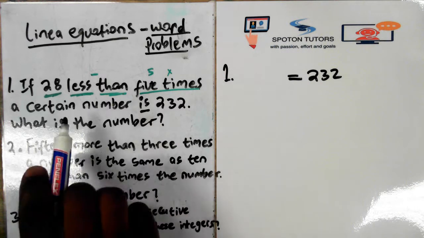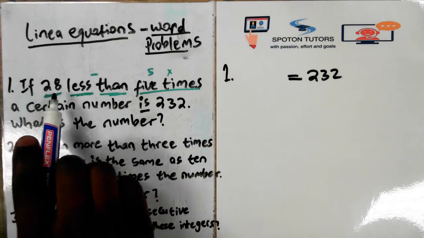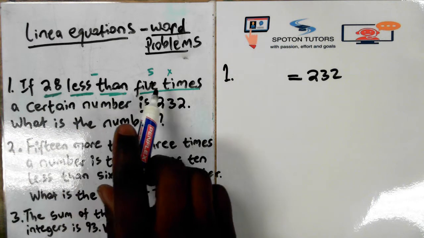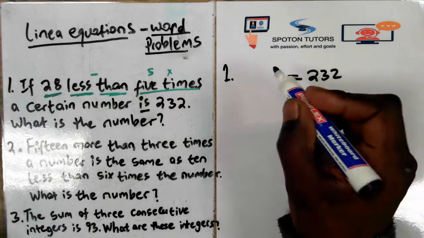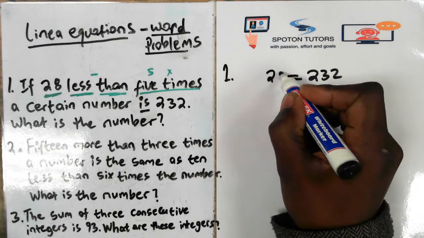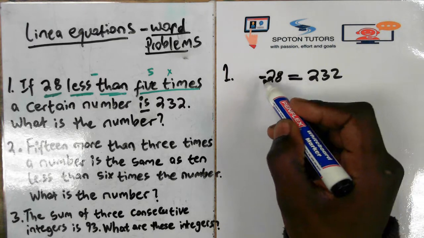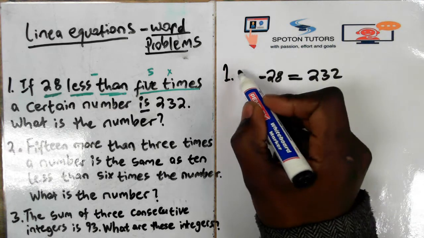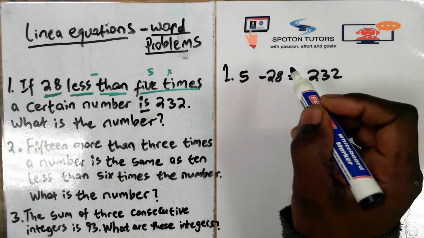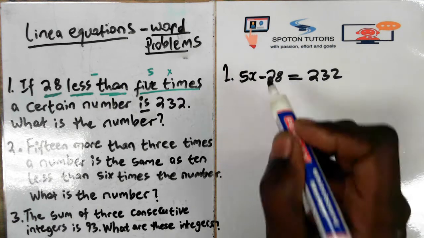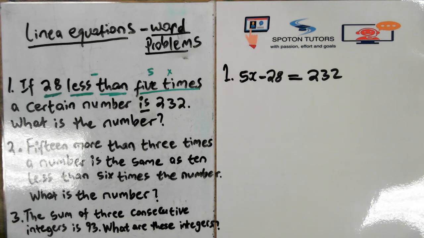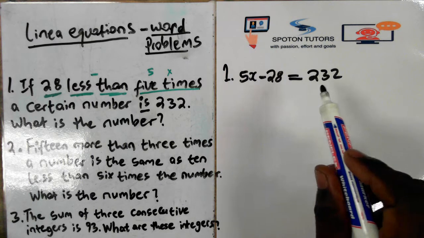If 28 less than 5 times a number, so 28 will be here. 28 less than 5 times a certain number. That certain number can be x, is equal to